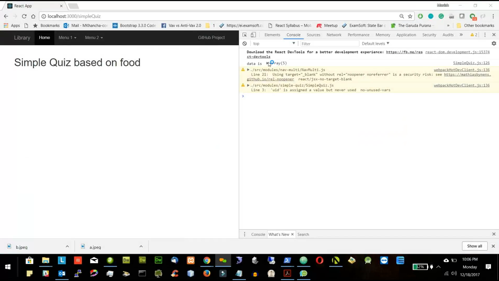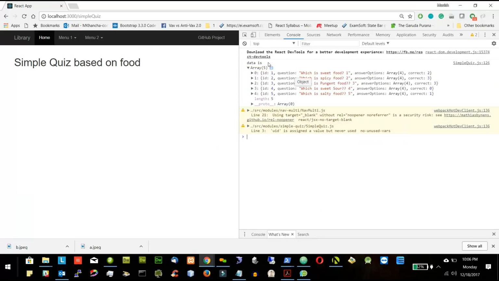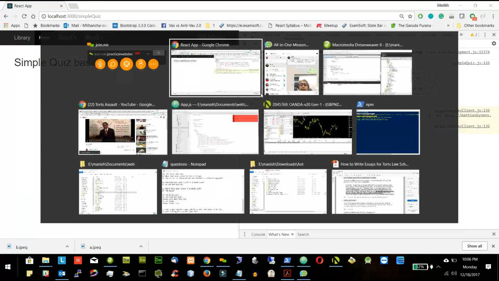So we are getting the data and we are getting 5 questions. First, second, third, fourth, fifth. So we are getting all the questions with 0, 1, 2, 3, 4. So it goes from 0, then 1, then 2, then 3, then 4. So what I have to do,